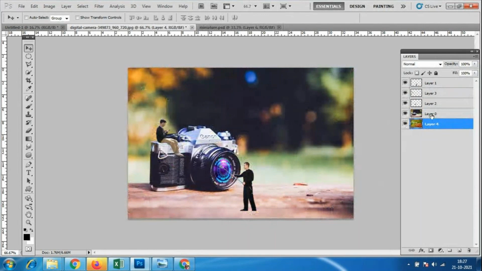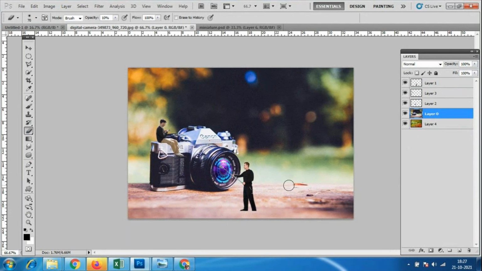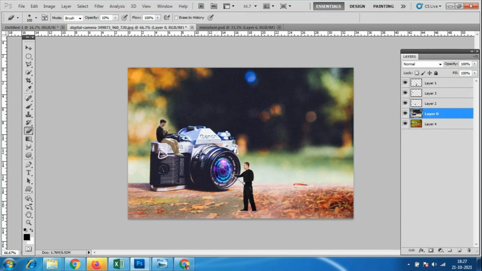So what I'll do, I'll just use an eraser. I'll go to this eraser tool, and opacity is 10%. You people already know the eraser tool, how to use it. Only 10% I'm using. If I want to change the background like this, I'll just erase it, however much of the things I don't want. I want to change the background here, look, with the leaf. This person is on a different layer, so we will not get any problem. See, now only the background I have changed.